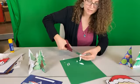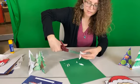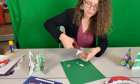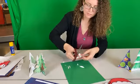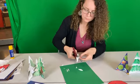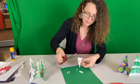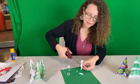And then we'll cut another piece, like a little rectangle out here. You guys can do it however you want, just make sure you don't cut all the way across into it, otherwise you're gonna lose the top half of your snowflake over here. Leave that out. And then I got a little space right here, so I'm gonna go ahead and cut a